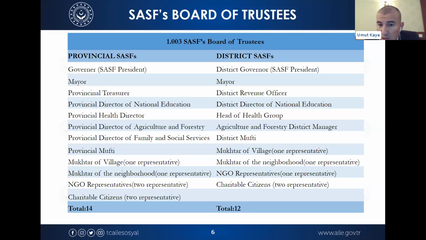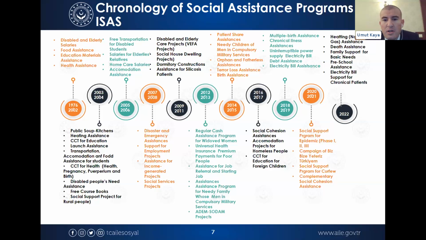And the district mufti, the muhtar of the village, and your representatives are a very important part of this board of trustees, which ultimately have to know the socioeconomic background of the district and each family, and they know what they are dealing with. These are the programs. You see lots of them nowadays. Please don't count them. It is like 54 of them right now, which, by the way, are all possible as